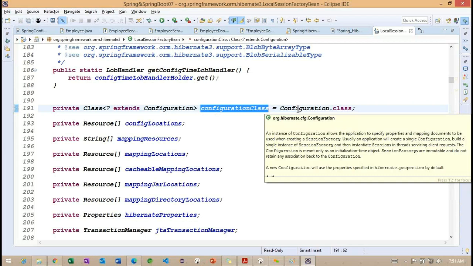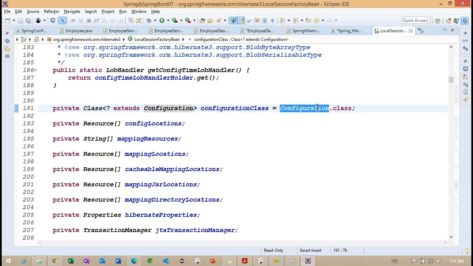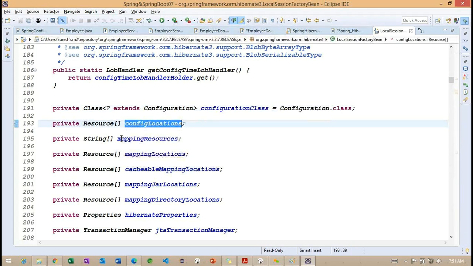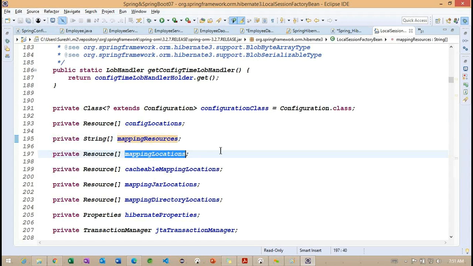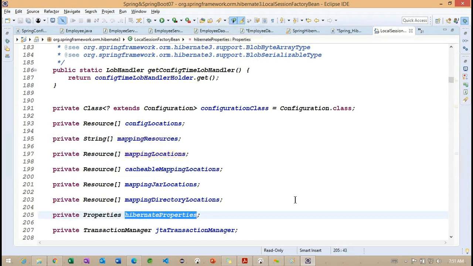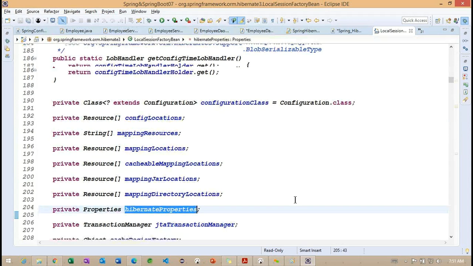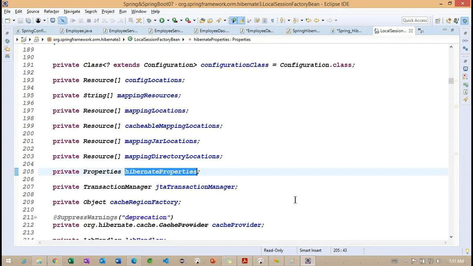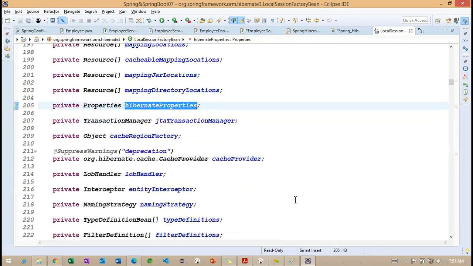This is the configuration class we identified in the previous example when we were discussing the specific Hibernate information. Getting the point. Configuration class. So this is the main class, and internally resource classes, mapping resource, mapping locations, and Hibernate properties. Getting the point. So these are the properties here.